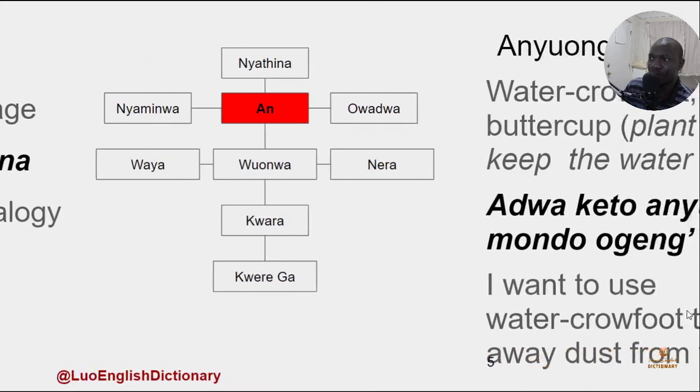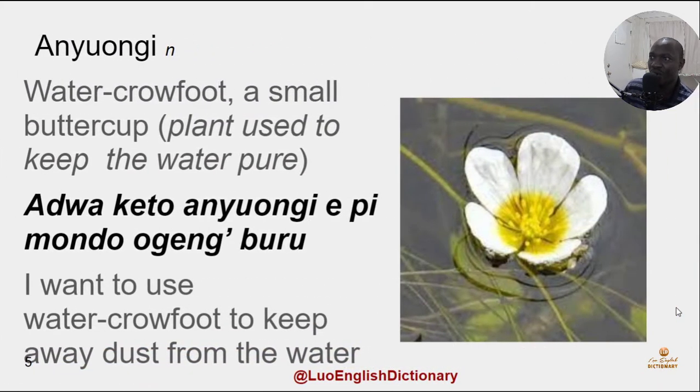And the last word of the day is anyuongi. Anyuongi is a water crowfoot. It's a plant that spreads on top of the water so that the water does not get dirty or